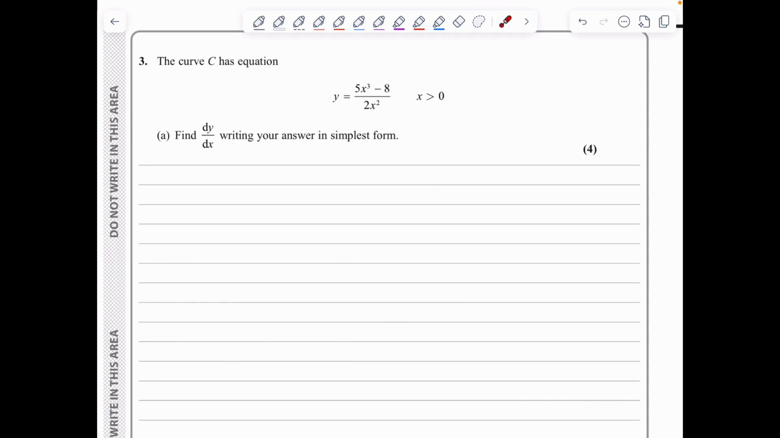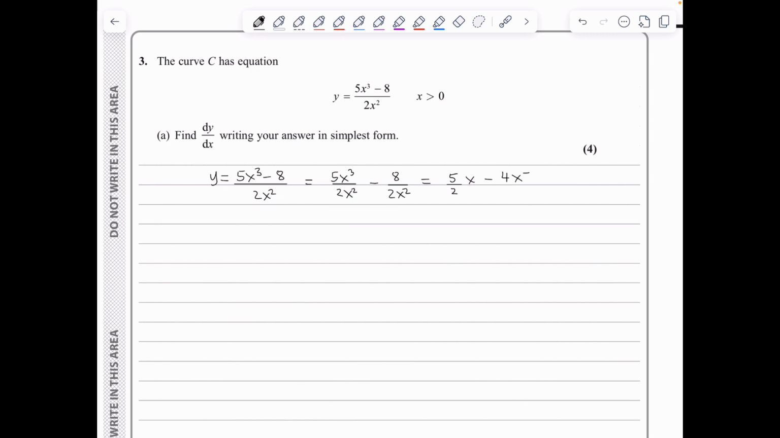In question 3, we've got the curve C defined here, and we need to find dy dx, giving our answer in its simplest form. Well, the first thing we need to do is take the expression for y. It's (5x cubed minus 8) over 2x squared, and we need to put it in index form. So this is 5x cubed over 2x squared minus 8 over 2x squared, which simplifies to 5 over 2 times x